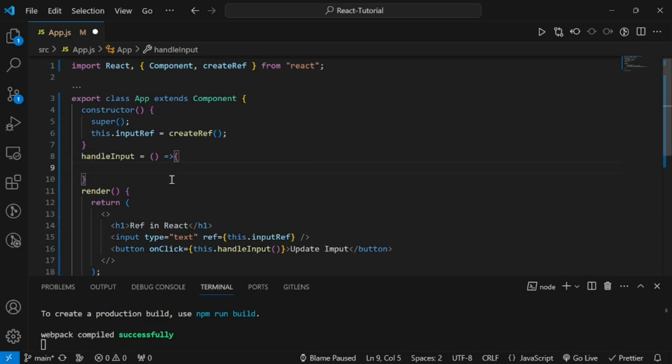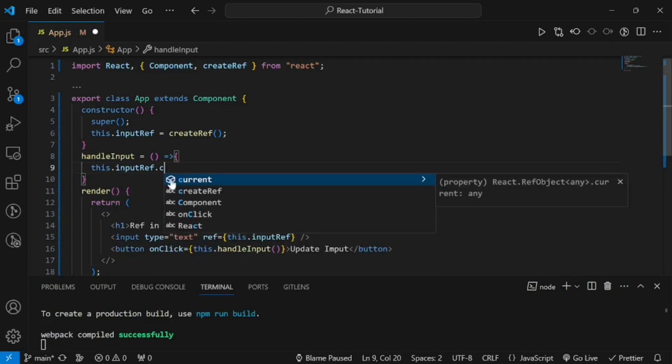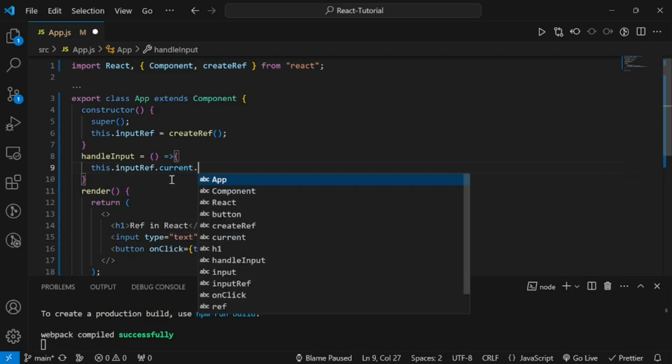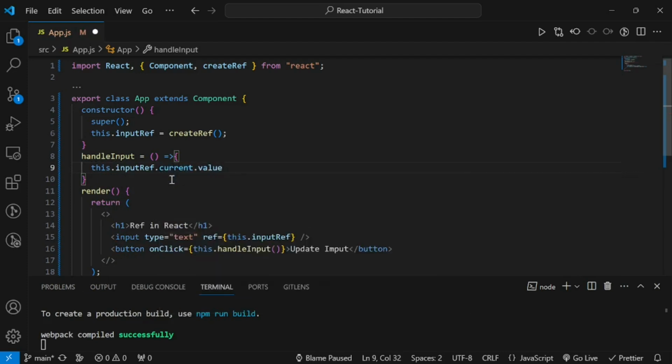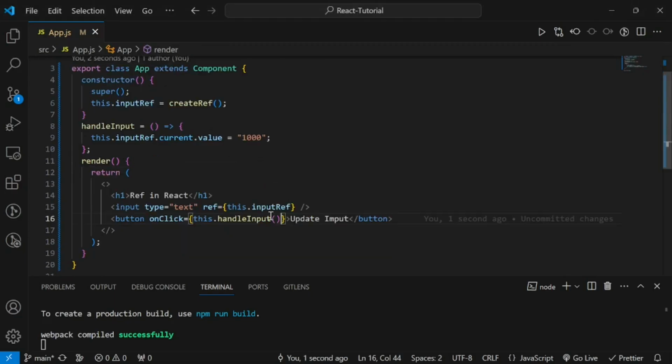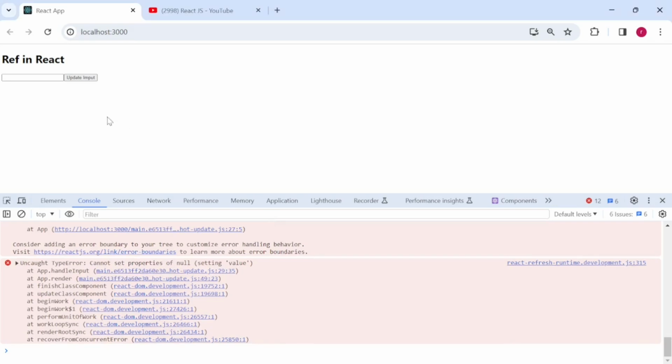So what I want is, my this dot input ref dot current dot value should be equals to 1000. This way what I'm saying is, as soon as I click on this button, the input value should get updated to 1000. Okay, so basically we don't have to give the brackets here. So I'm saving it now,